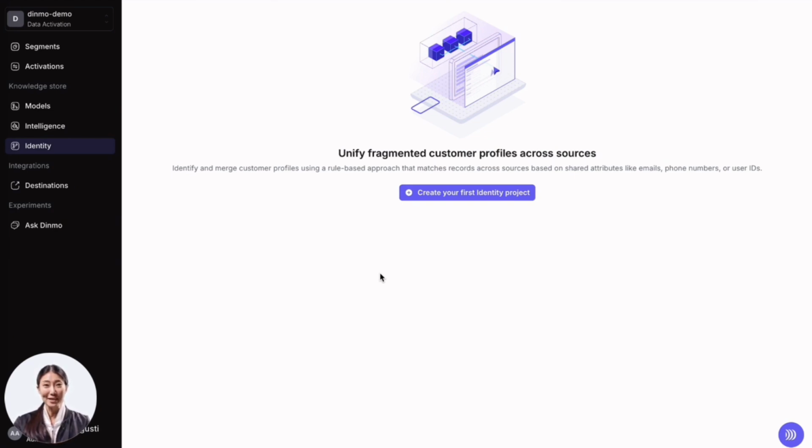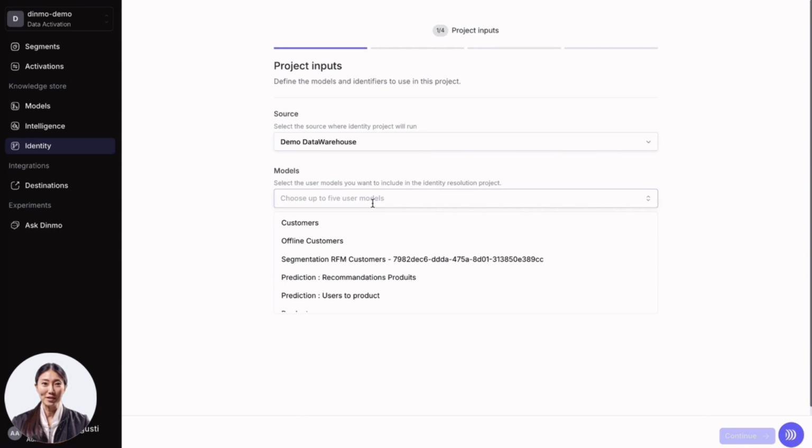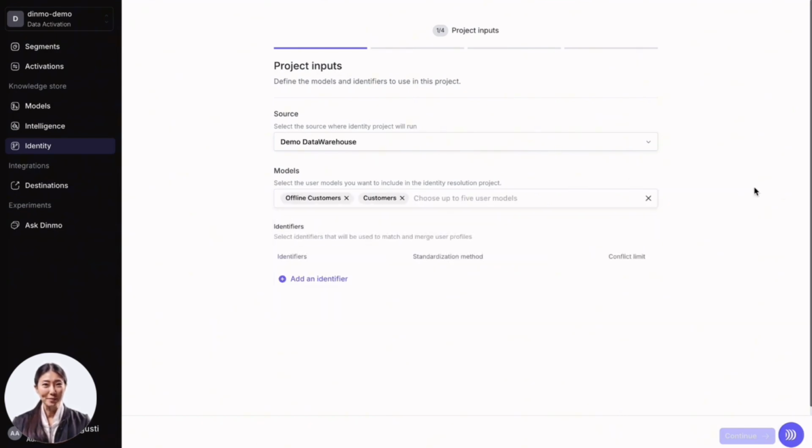When I create an identity resolution project, the first thing I need to do is define the source, where my data is located, and which models I want to merge together. If I want to deduplicate my data within the same model, I just select one. Otherwise, I can choose, say, my offline customers and my overall customer database, which includes both online and offline. At that point,